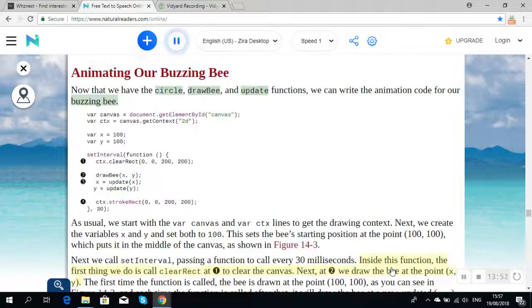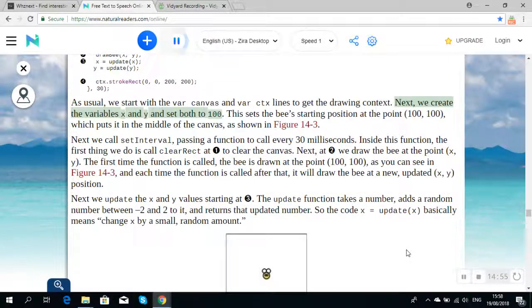Buzzing bee. var canvas = document.getElementById("canvas"); var ctx = canvas.getContext("2d"); var x = 100; var y = 100; setInterval(function () { ctx.clearRect(0, 0, 200, 200); drawBee(x, y); x = update(x); y = update(y); ctx.strokeRect(0, 0, 200, 200); }, 30);